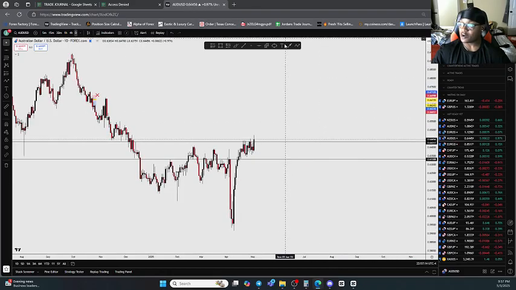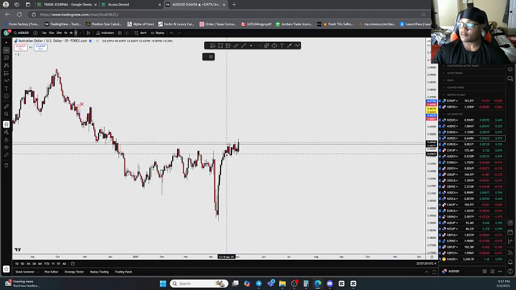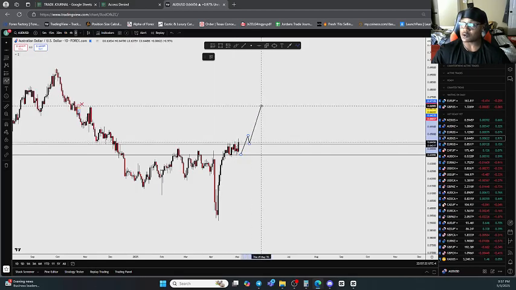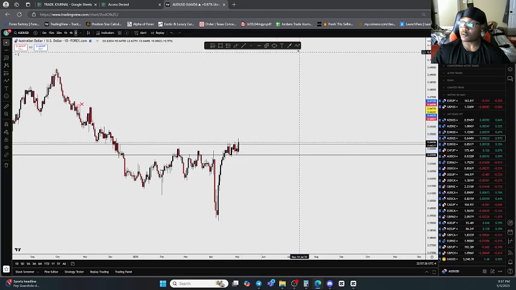AUD USD price is now showing me a breakout towards the upside, which does look good. The only downside is that this price action is a little too choppy for my liking. I will simply just wait for price to form the pullback towards this recent breakout and have the continuation, showing me cleaner structure overall. Don't get me wrong, price is showing us bullish momentum towards the upside, but I would love to just see